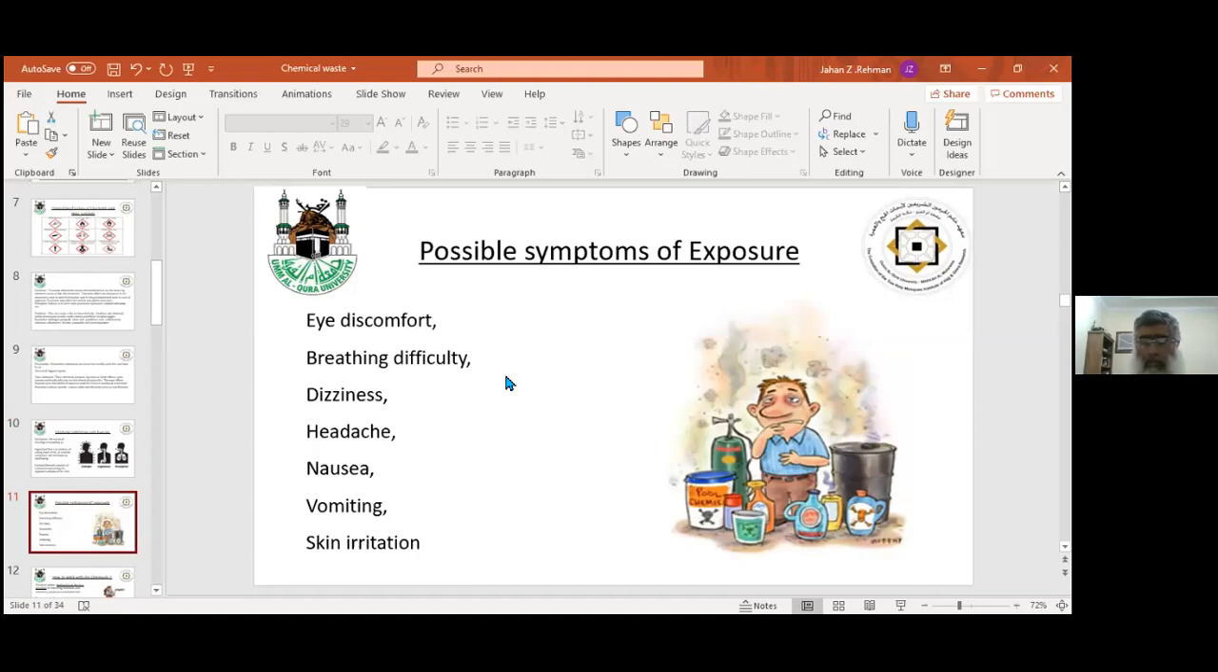Chemicals not only means that you may find the chemical in a bottle or in a big canister, but sometimes, for example, sulfur gas or sulfur dioxide, I think. If there is a drain, means